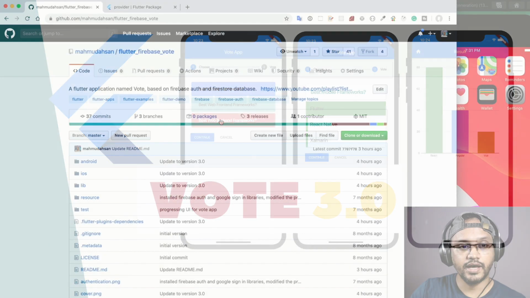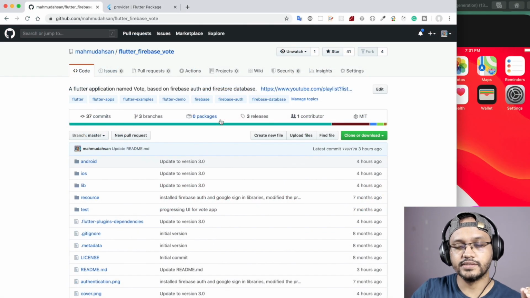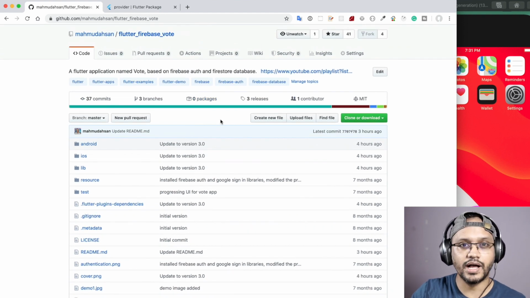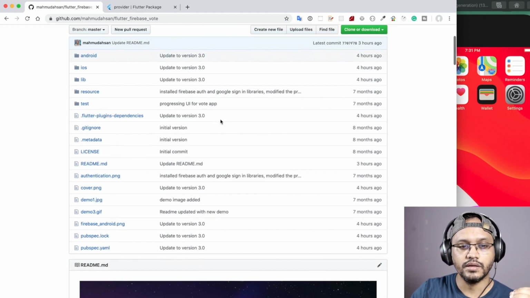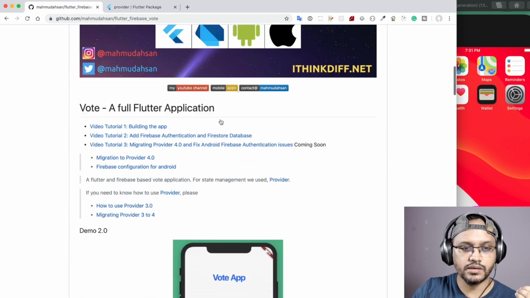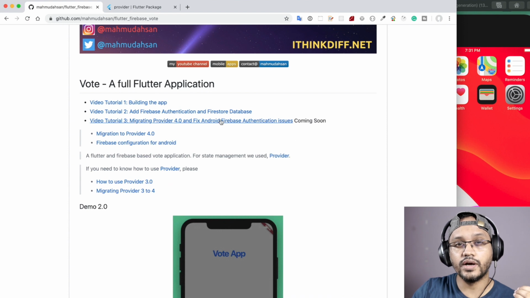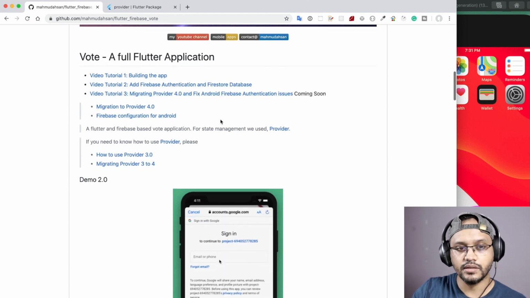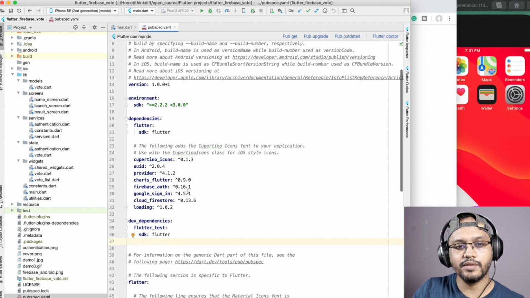So recently I updated Flutter Firebase Board, my open source application. Basically several people asked me to update the application because there are some changes. At the time I developed this application, I was using the provider 3 library, and now there is a provider 4 library, and I found all the other libraries have updates too. If I go to the pubspec for the project, I see that all the other libraries are basically updated, so I use all the latest libraries in here.